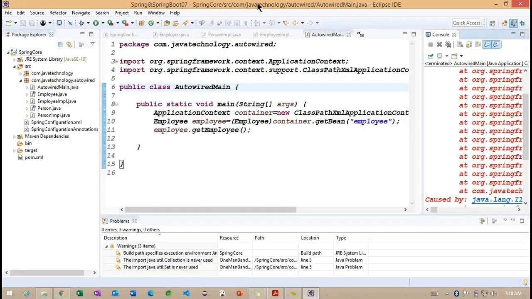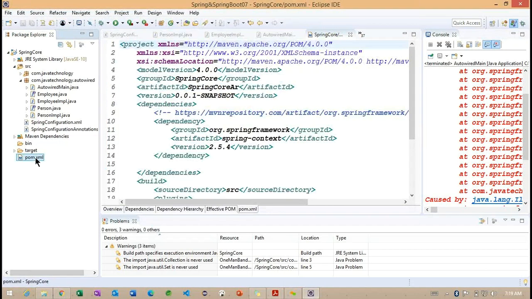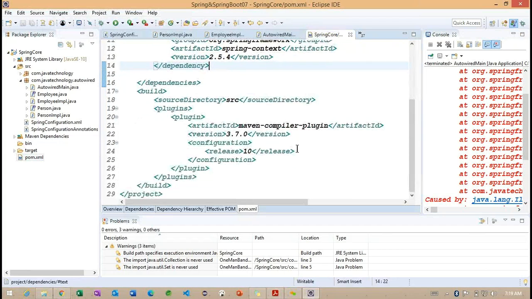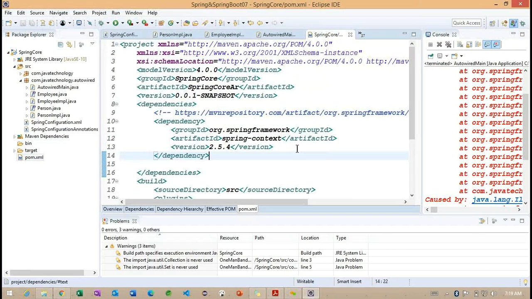The jars are important here. So which jars are we working with here? Okay, 2.5.4 we are working with here. Let me check with a different jar.